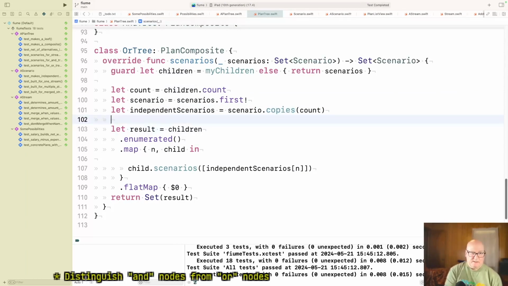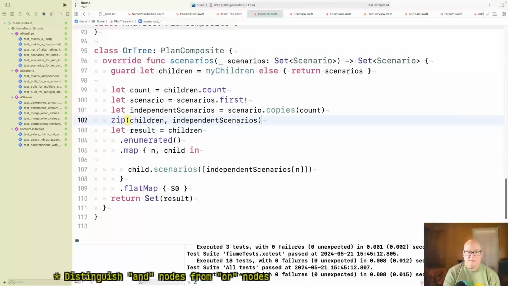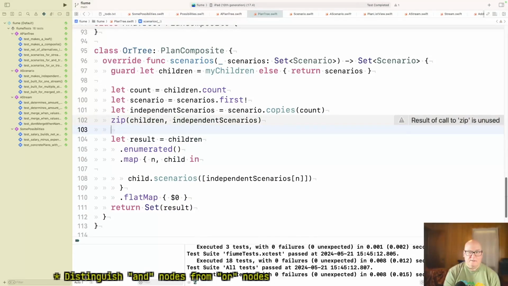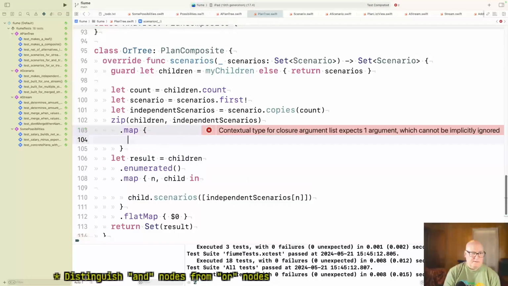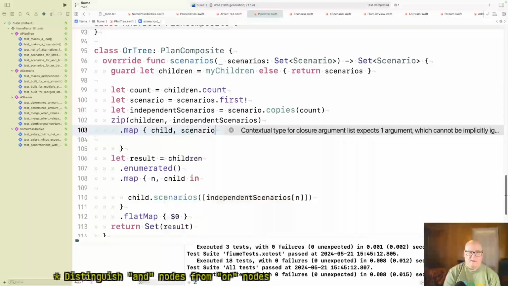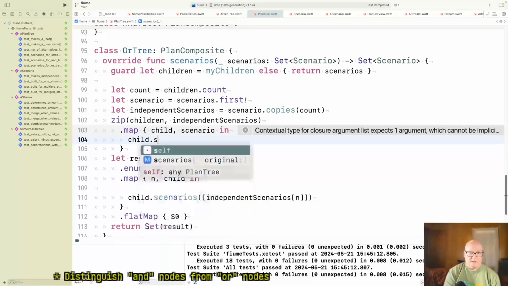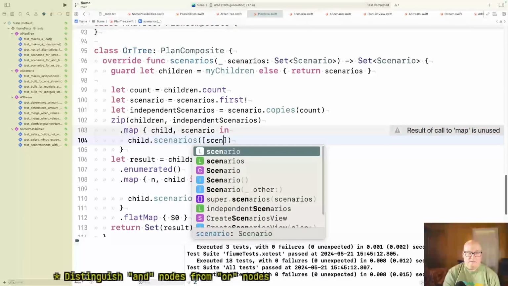So we should be able to say zip children with independent scenarios dot map, and then the map gives us a child and scenario in, and then we want to call child dot scenarios with scenario.